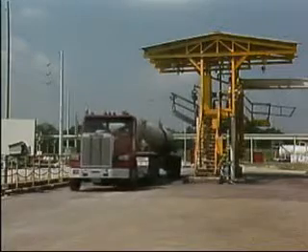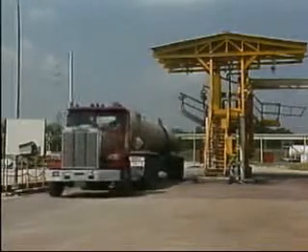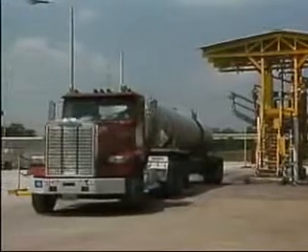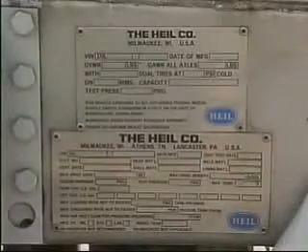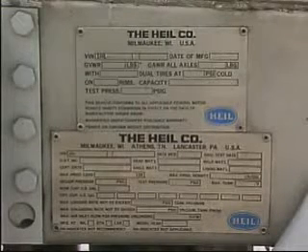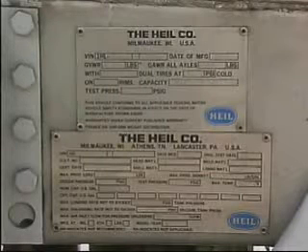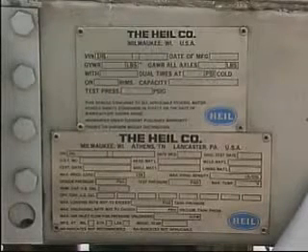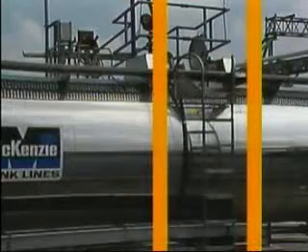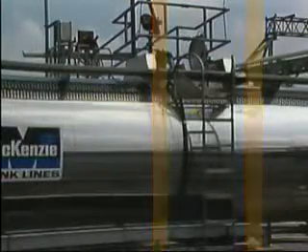Tank trucks are a common sight at many industrial facilities. While not all tank trucks are identical, many of them share some common features. For example, each tank truck must carry a spec plate. A spec plate lists the design specifications that the tank meets and the Department of Transportation, or DOT, classification for the truck. Most tank trucks also have a ladder which provides access to the top of the tank.